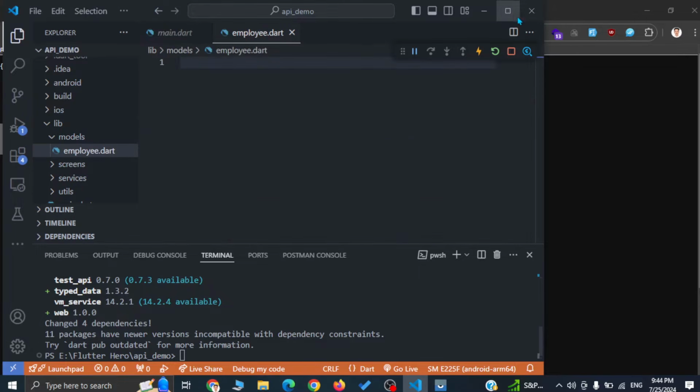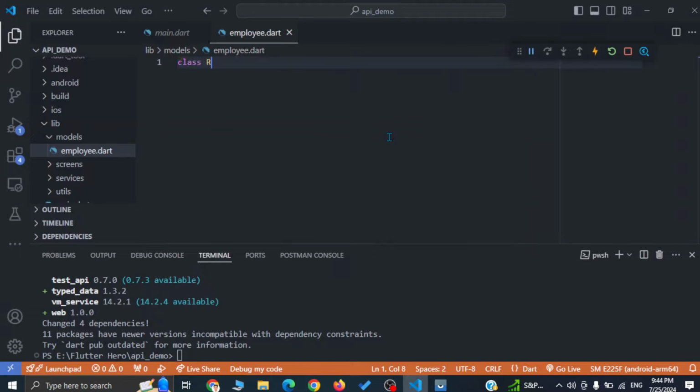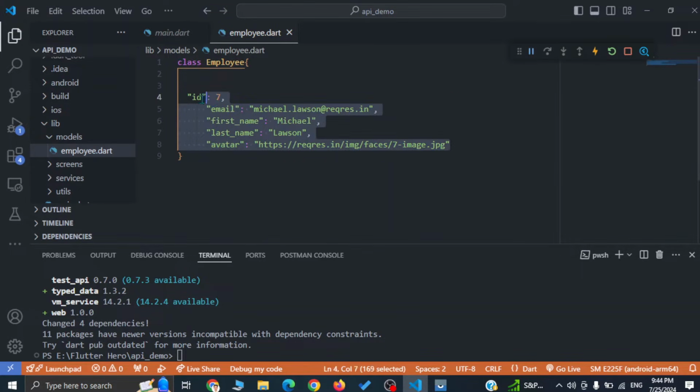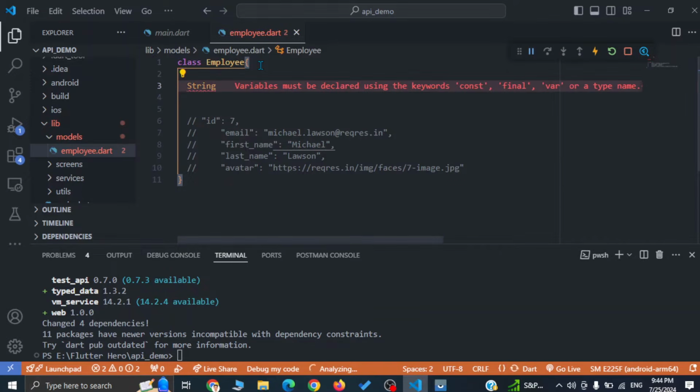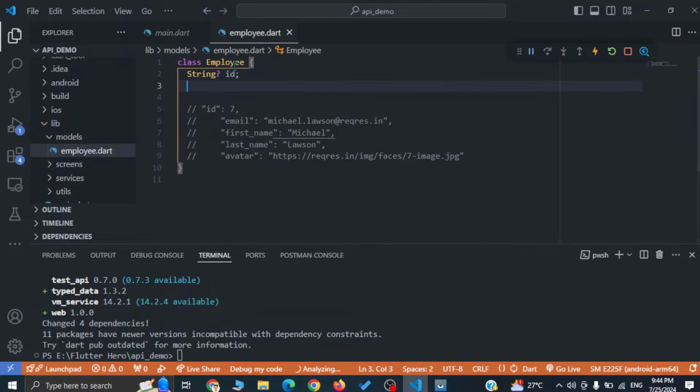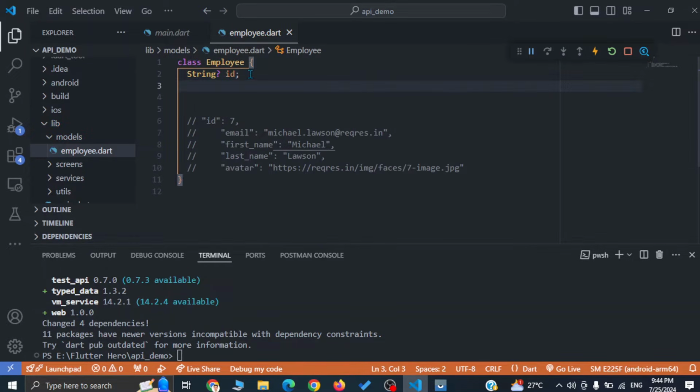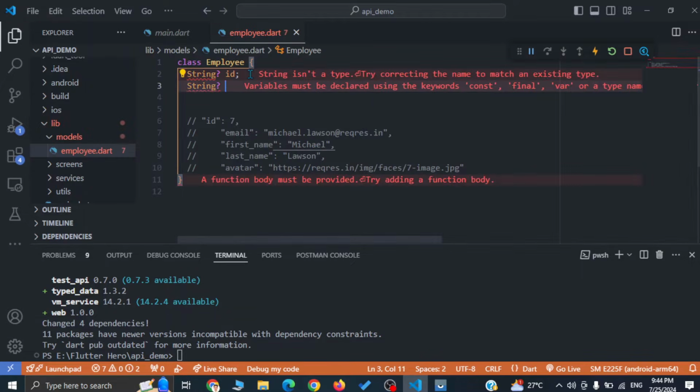and let's make a new class over here, class Employee, and we will define this data. Okay, for now I'm commenting out this response, and let's start defining the data. String, let's make this nullable. Okay, so we have declared ID, and the email is also going to be string. Sorry, the ID is integer. As you can see here, it's integer. So let's change it to int,